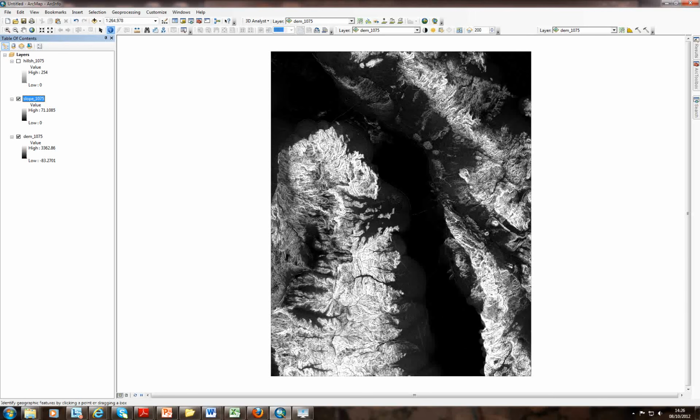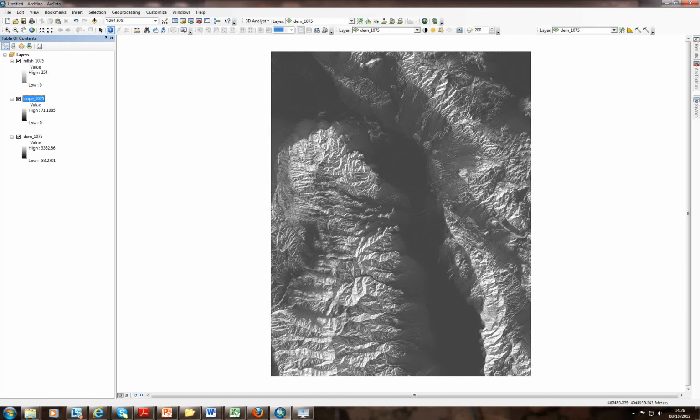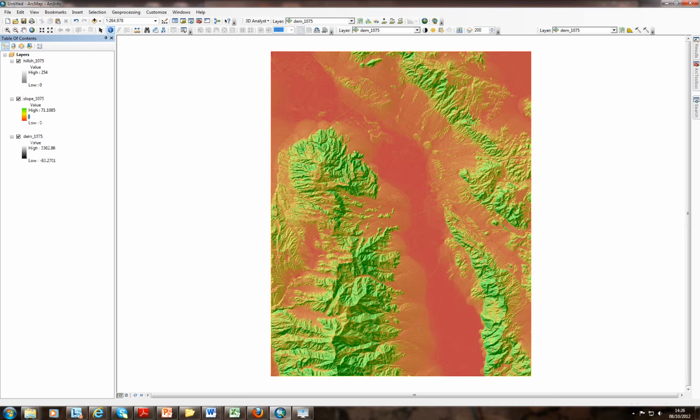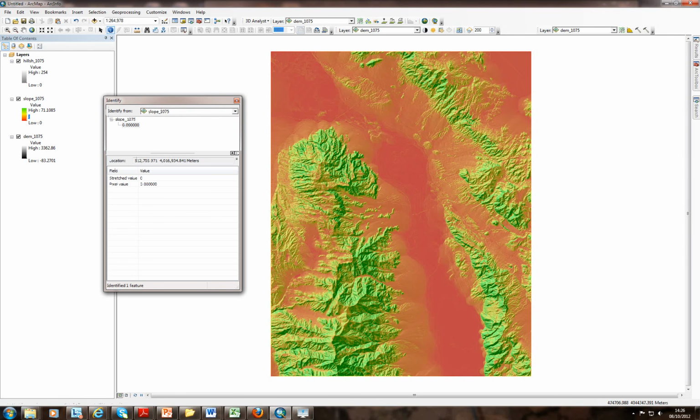And if we interrogate the slope map, we might see evidence that the fans themselves occupy different slope ranges to the mountains, which obviously occupy different slope ranges to the playa. I'm just going to put the hillshade over the top. I'll probably change the colour of the slope map so we can see what's going on a little bit better. So we can use the interrogate icon to interrogate slope, and we can click around on